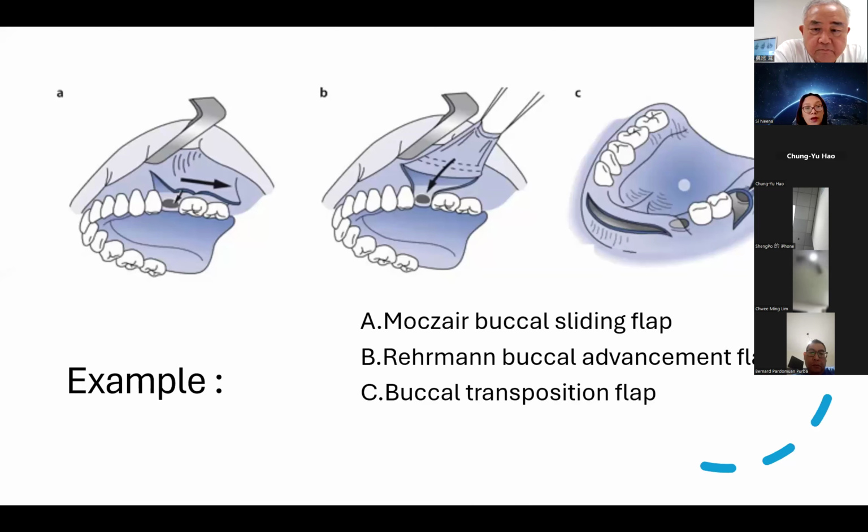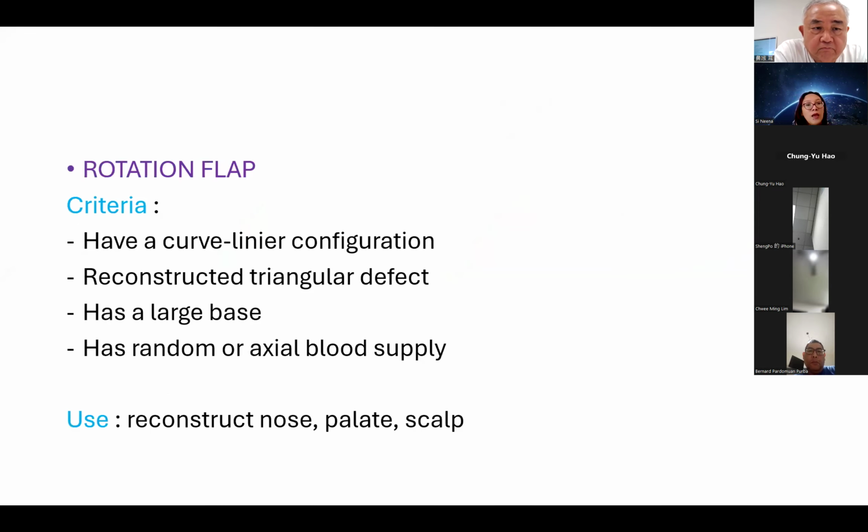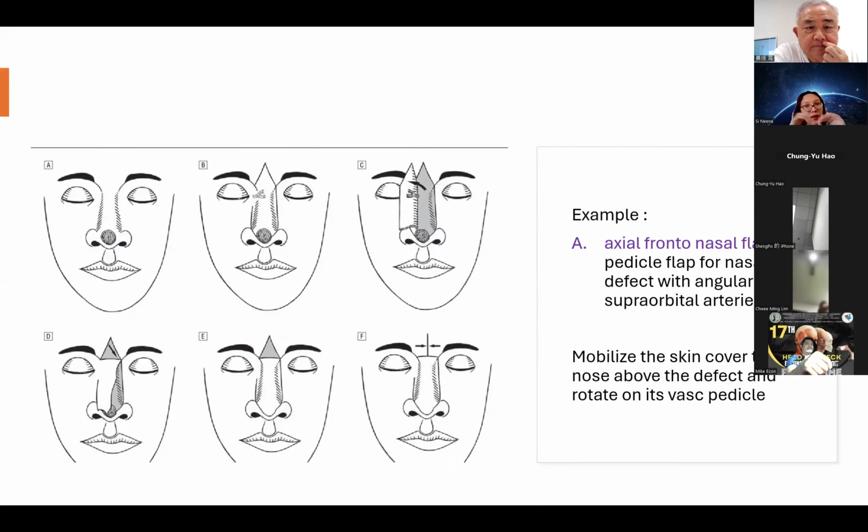For example, if you have a lesion in the buccal area, you can use a buccal advancement flap to close the lesion either in the buccal area itself by sliding it, or you can transport it to other places around the buccal area or the palate through a tunnel. And then local flaps also include the rotational flap, where we already know that rotation means you can mobilize it with a pivot at the base of the flap. It can be random, it can be axial, and it can be used for the nose, the palate, the scalp, anywhere which has laxity.